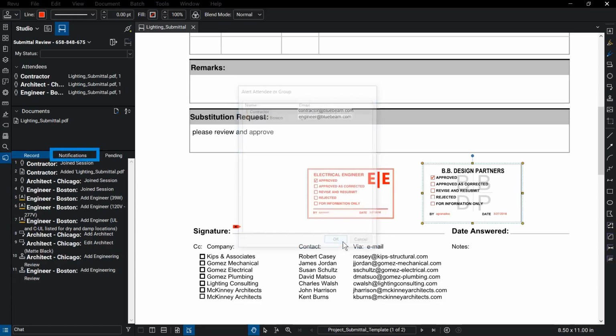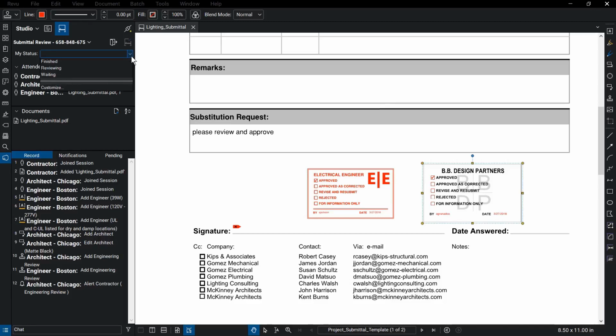the session, where he will have a notification waiting for him in his notifications section. This is also tracked in the session record, keeping track of the response. Attendees can also set their status within the session to let others know where they are in the process. With Revu's PDF creation and markup tools and Studio Sessions, you and your project collaborators can process submittals quickly and